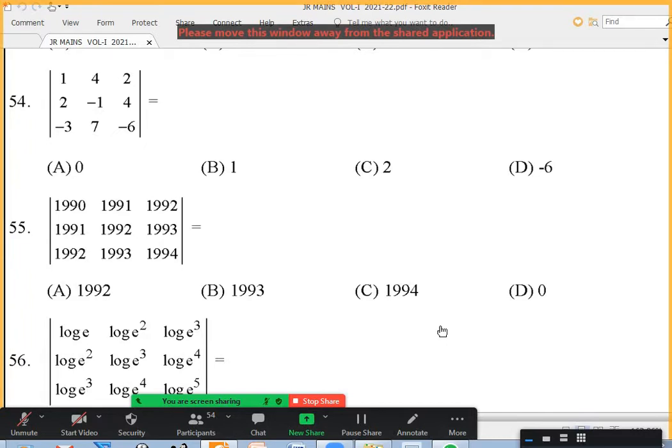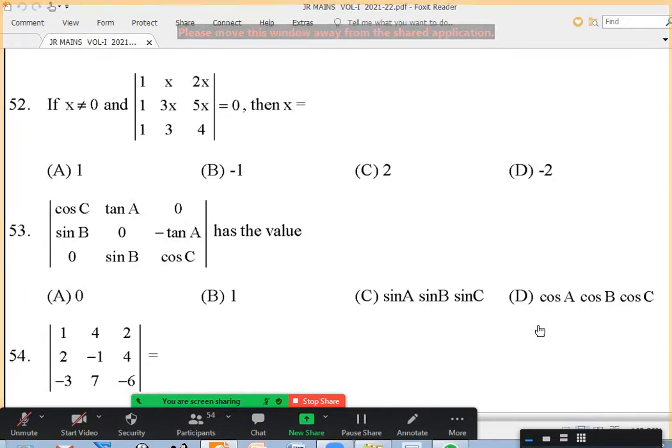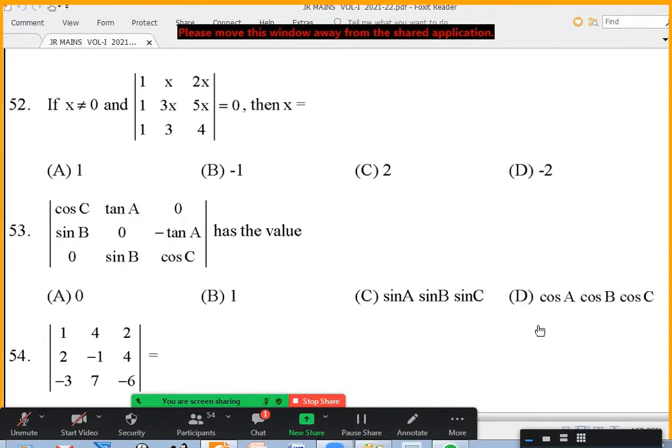Yes, somebody is asking anything before 54? Sir, can you explain 52, sir? Okay. Just expand, nothing, I'm not planning to do anything further. Just expand, I think you may get a linear or a quadratic equation and solve it. In the beginning, some questions are just expand. Later on, using properties, determinant equal to 0. So I try to give questions in order so that it is easy to do homework. And you may get x equal to 0 as one of the options for the quadratic equation. So they said don't take that, there is one more route.